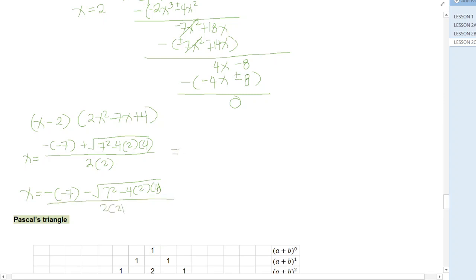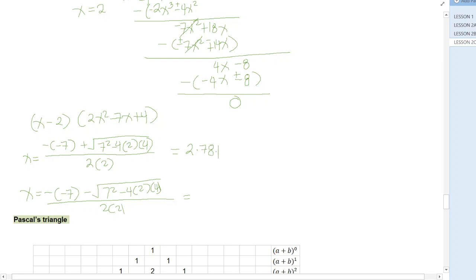Okay, so that is 7 plus the square root of 7 squared minus 4 times 2 times 4, divided by 2 times 2, or 4, is also equal to, of course,